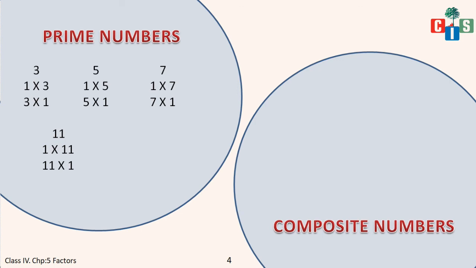Okay, we saw the examples. 13 is also a prime number because it has only two factors, 1 and 13. किसी और के टेबल में 13 नहीं आने वाला है. And if you perform division also, you will not get the remainder as 0. Okay, see, if I divide 13 by 5, I'll get some remainder. So 5 is not a factor of 13. You will only get two factors, that is 1 and 13.